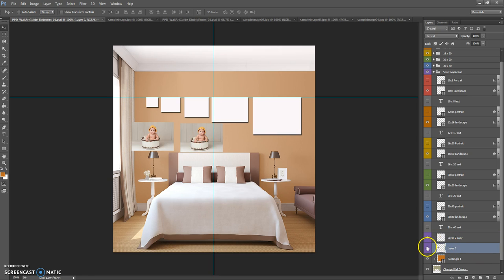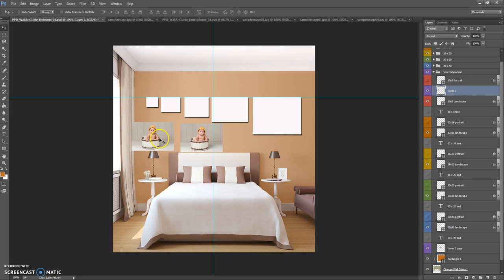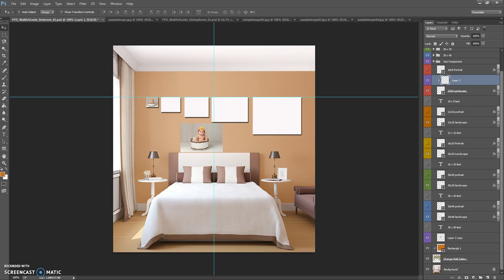So this image here, I'm going to place it above the 10x8 landscape clipping mask, and then actually move it as well, resize it, and then clip it with the Alt key, and clip it, and move it across. So let's say you've done that 5 times. So now if I come back down to this image, the second copy of it,